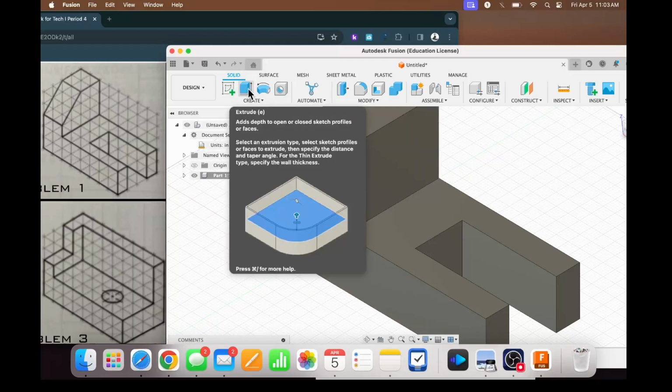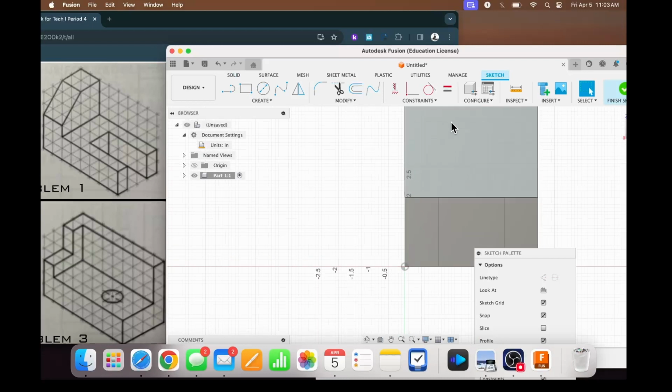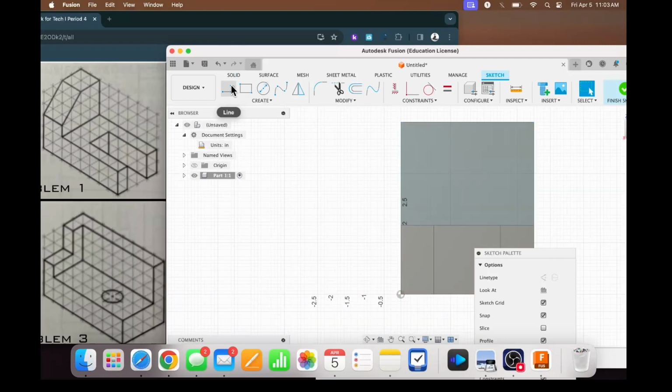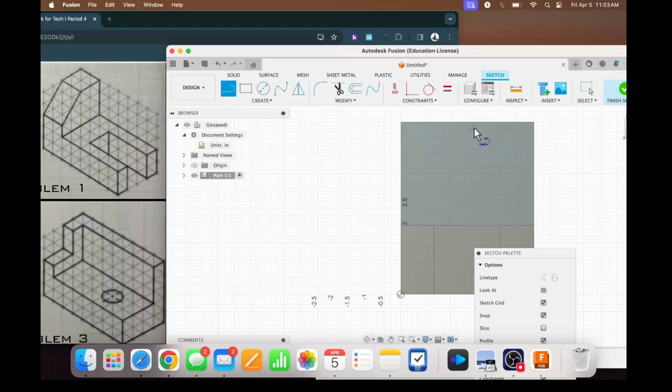Like someone took a knife and cut it. They're actually cutting from this direction here, okay? So I'm going to create a sketch from this side, and I'm going to use the line tool. You're going to need to use the line tool before you cut anything out, and I'm going to put it